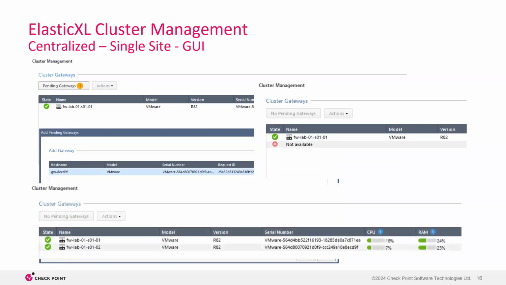But at the end, what you'll end up with is within Gaia, you will see the full gateway, the load. This happens to be in my lab, serial number, CPU load, RAM, basic statistics off of both boxes that are in the stack. I wanted to do a live demo for you. My lab is a little slower than I want it to be, and the process in my lab takes about 10 minutes, and I didn't think anybody really wanted to watch the grass grow for 10 minutes. So single gateway, adding into a single cluster,